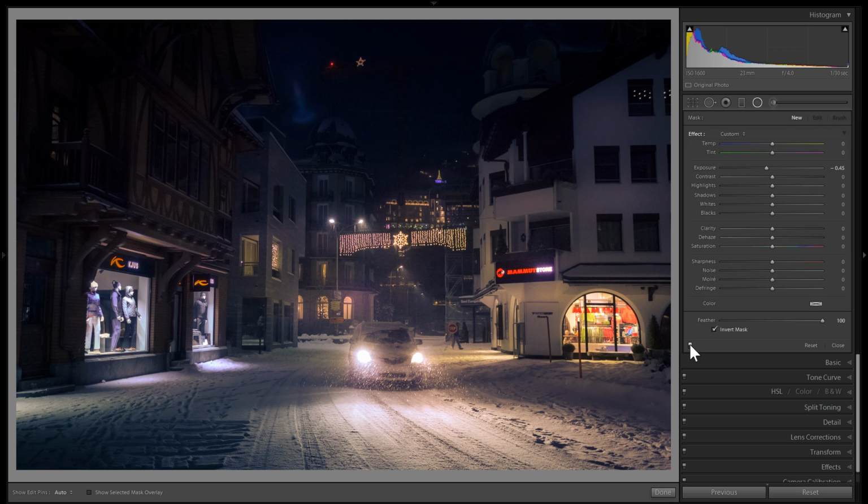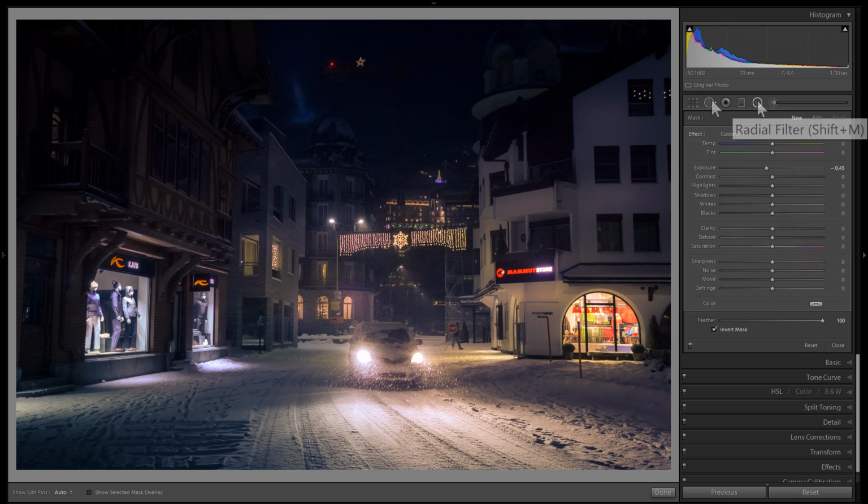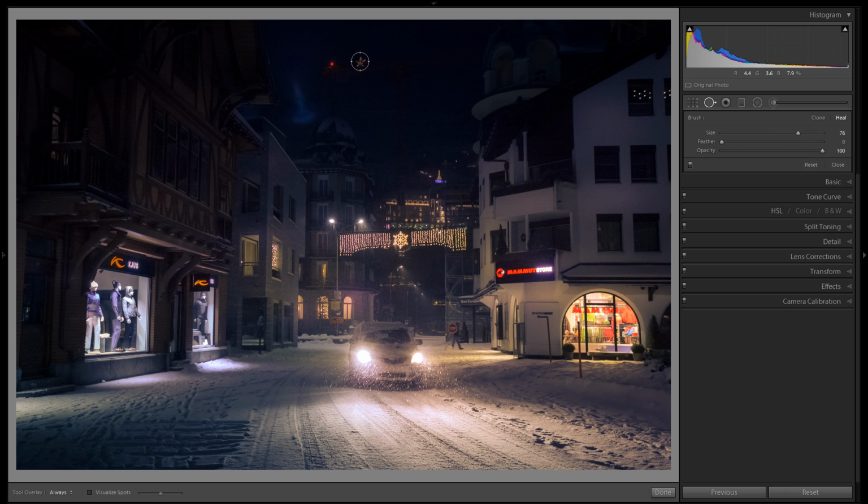This is afterwards. You could add further colors, you could add filters with just minus exposure and make certain parts a bit darker. Perhaps that's what's needed in some of these areas here. There's so much you can do, so much time you can spend, but I really don't want to make this video an hour long for you guys at the end. But I do think I'm gonna remove this star in the sky here. It's on a crane, but you can't really see the crane, so it's kind of pointless to have that just